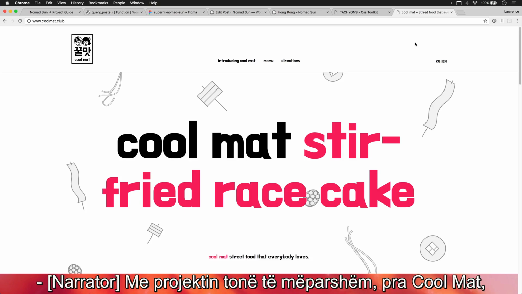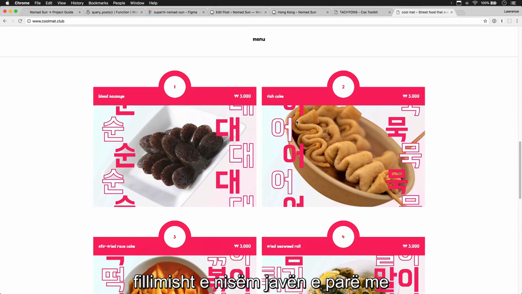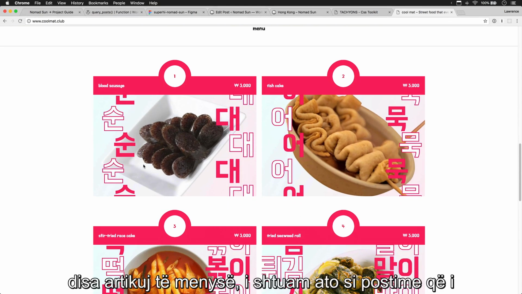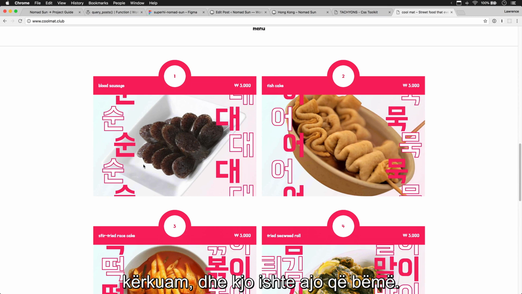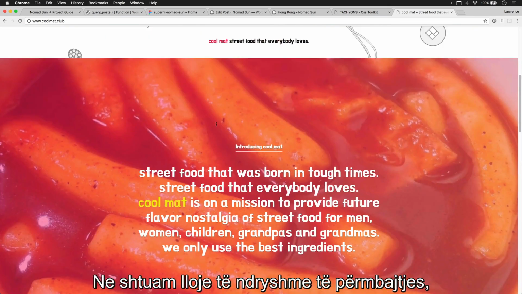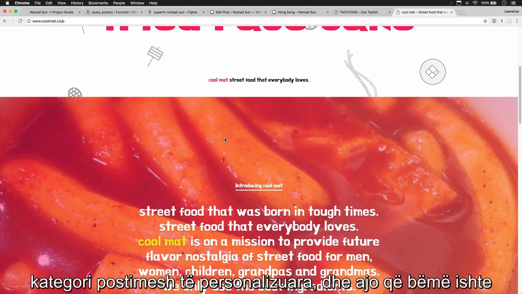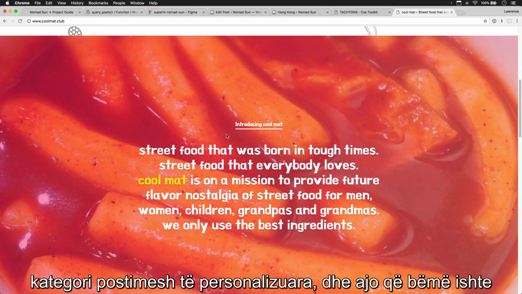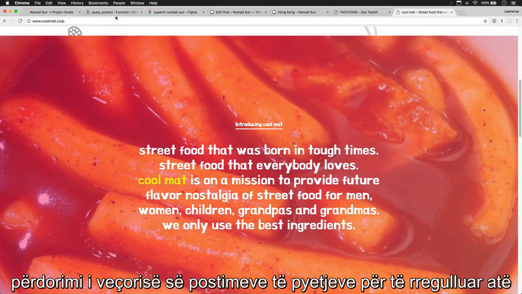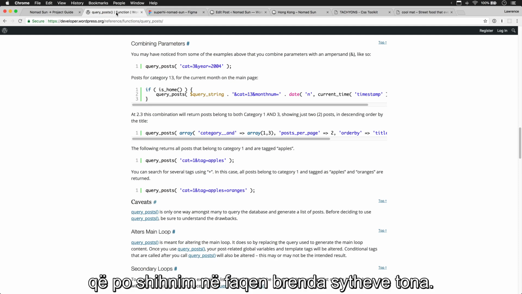With our previous project, Cool Mat, we initially started off on week 1 with some menu items. We added those as posts that we looped over, and that was all we did. Then on week 2, we got a bit more advanced. We added different types of content, so we organized things into custom post types and categories. And what we did was use the query posts feature to adjust what we were seeing on the page